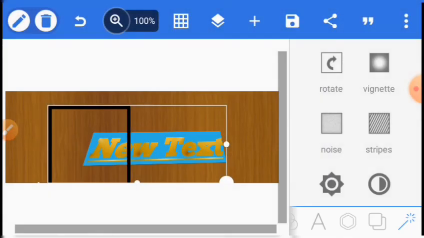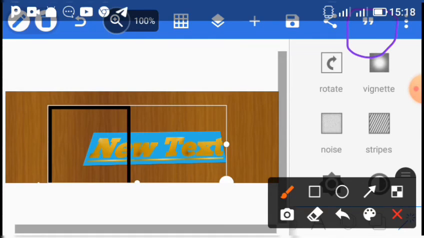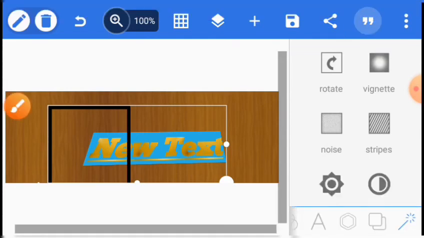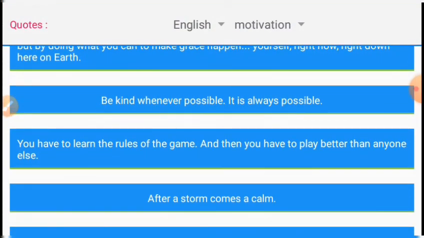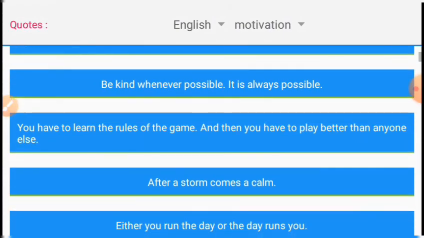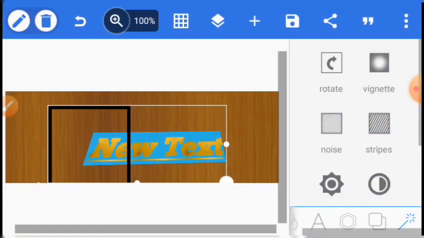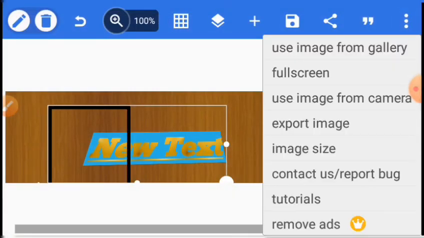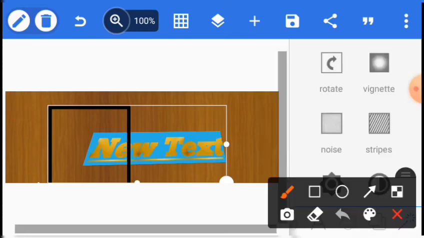Here you can select some nice quotes. The kind, whenever possible, it is always possible. You can select it. Here too you can use image from this full screen, use image from the export image. So many things are there. You can exit the app over there. And the last one, but not the least,